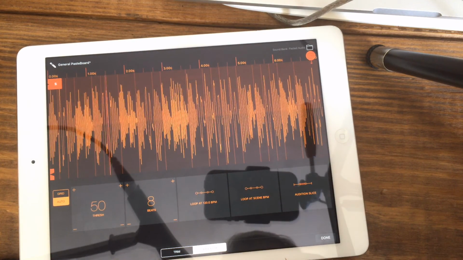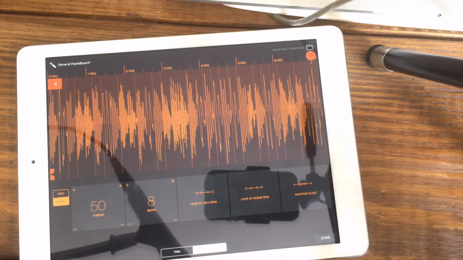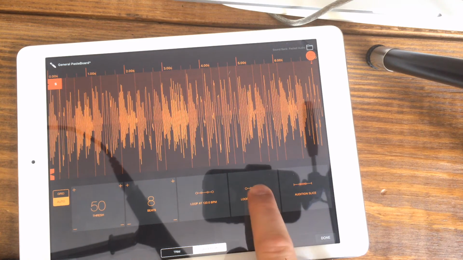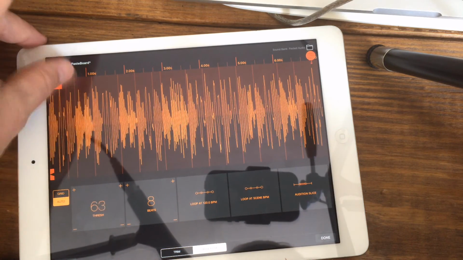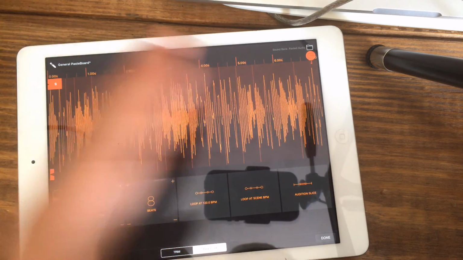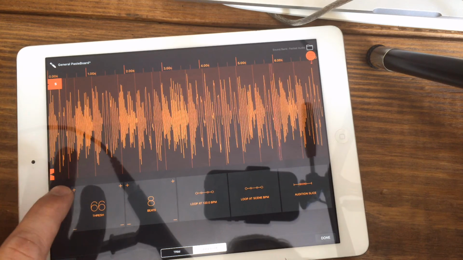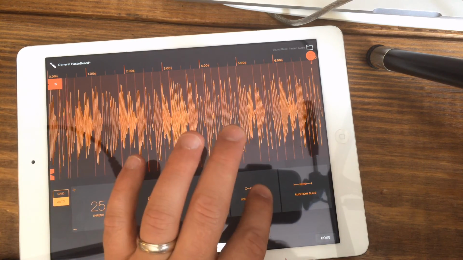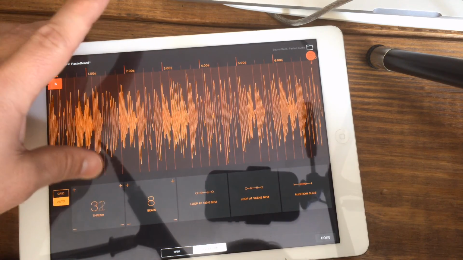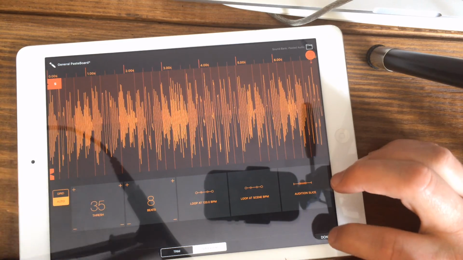I can test it out. I can loop it at 120 to see how it sounds, and I can loop it at scene BPM, which we're at a higher BPM, and that's why it's faster. And you can adjust the threshold: the higher the threshold, the fewer the slices; the lower the threshold, the more slices. You'll just have to play that by ear, depending on the BPM you're doing,